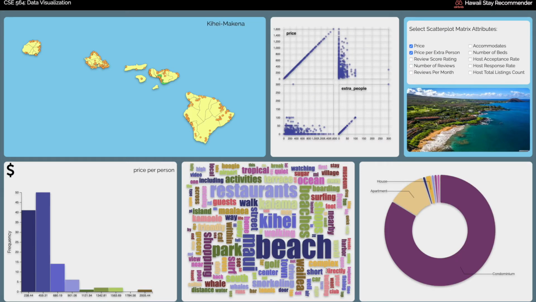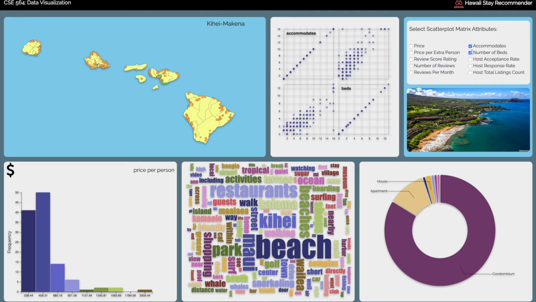Now we will have a look at how the scatter plot helps in visualizing the bivariate relationships. So if we select beds and accommodates, we can see that there is a direct linear relationship over here, suggesting that the number of beds available with the listing and the number of guests that it can accommodate are highly correlated. Similarly, if we plot the price against the charges per extra person,